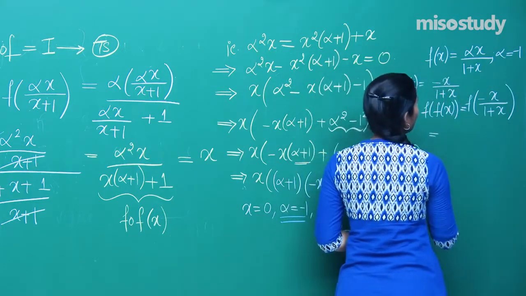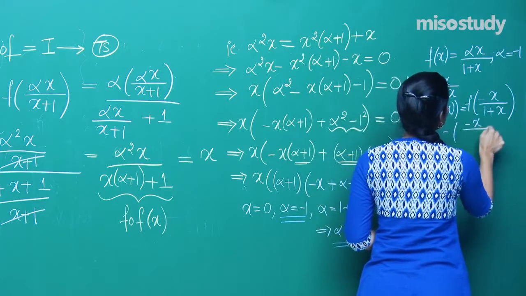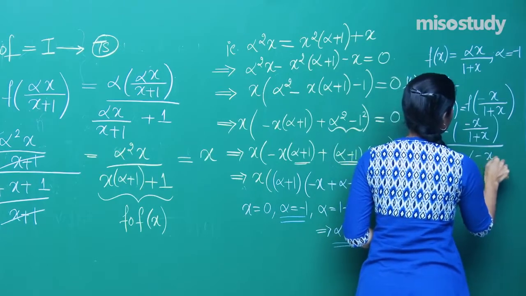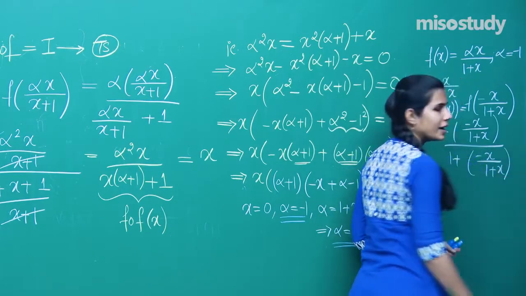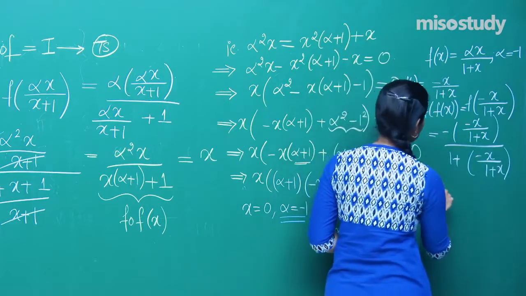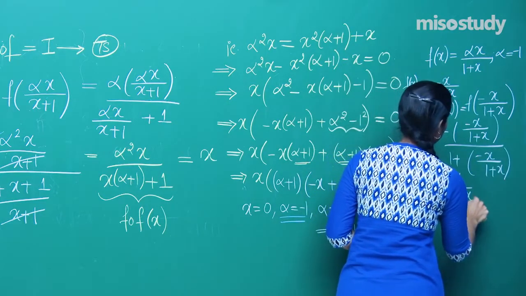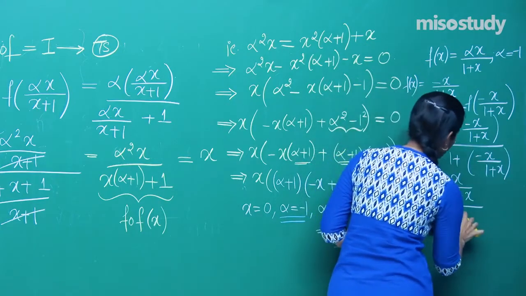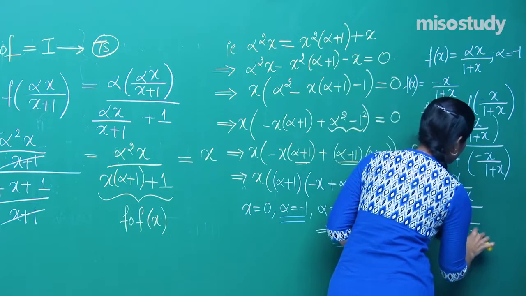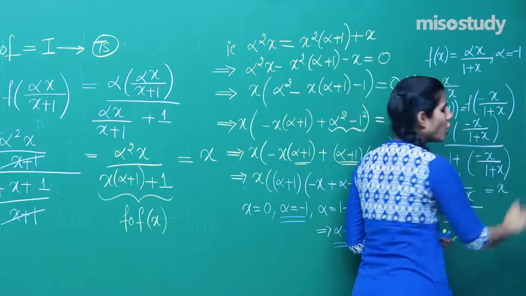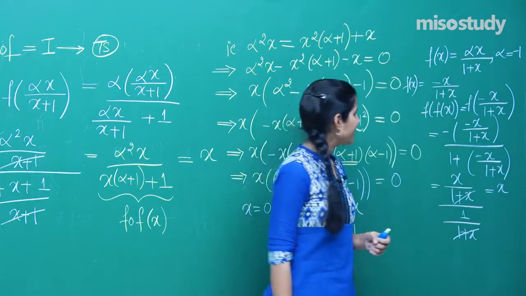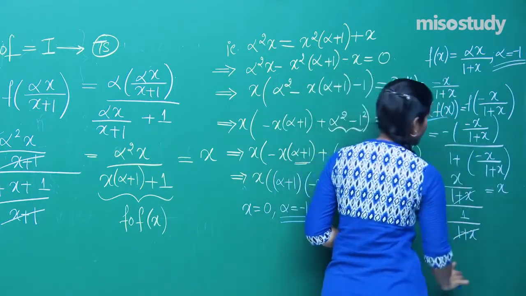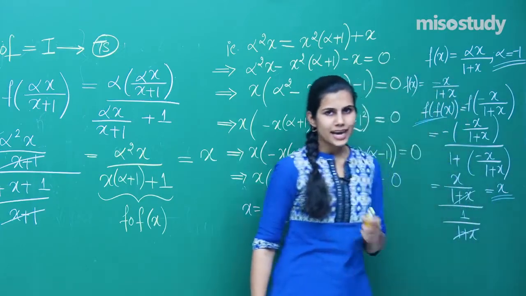That means I have, in place of x, minus x upon 1 plus x, whole upon 1 plus minus x upon 1 plus x, which is x upon 1 plus x whole upon 1 plus x minus x, which means 1 upon 1 plus x, giving you x upon 1, which is x. That means for alpha equal to 1, you are getting that FOF of x is equal to x, and so